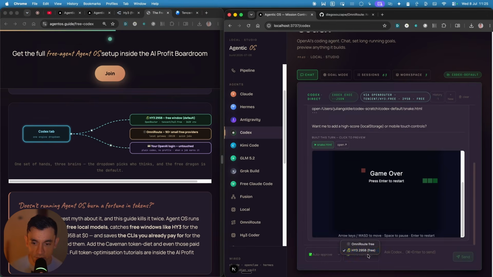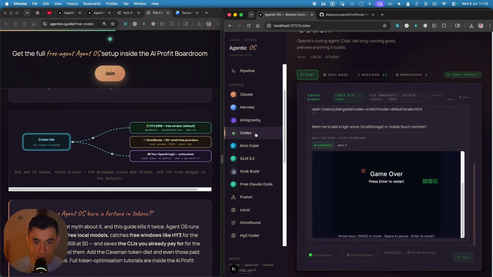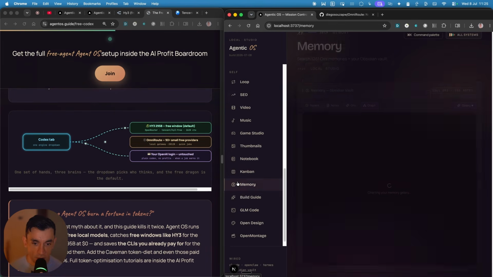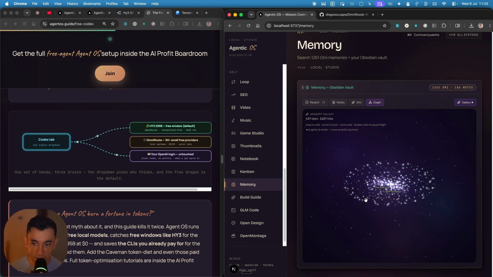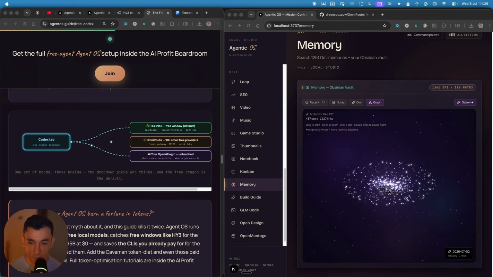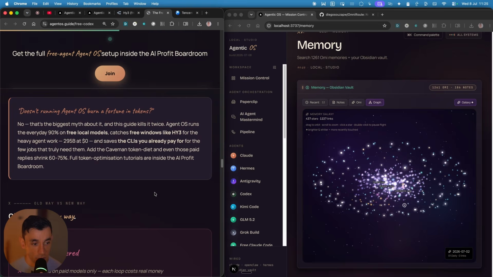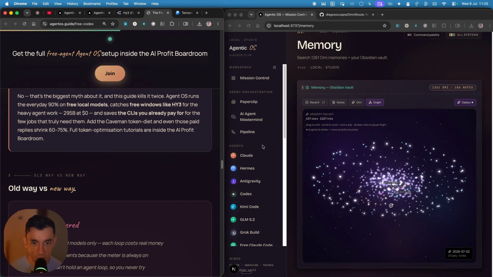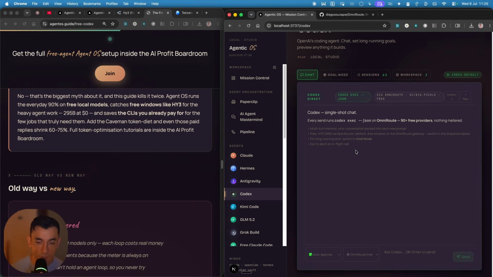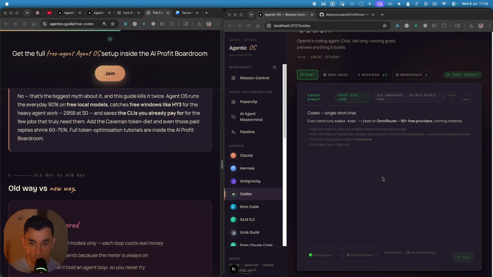Now, again, if you get rate limited on HY3, no problem. You can switch to OmniRoot as well, so you can switch between them. And this way as well, if you're using an agentic operating system like we are, then you use less tokens, or you can just delegate the bigger tasks to smaller models that are free. And that way you don't have to worry about tokens and you can minimize the amount that you use as well. You can also, for example, plug into Codex open source projects like Headroom, Caveman, and Ponytail. They're all ways to reduce the amount of tokens that Codex uses